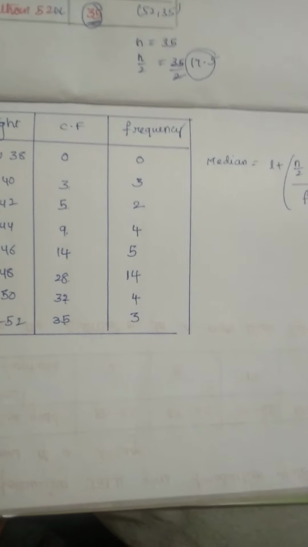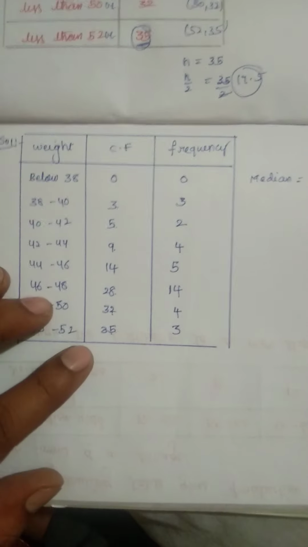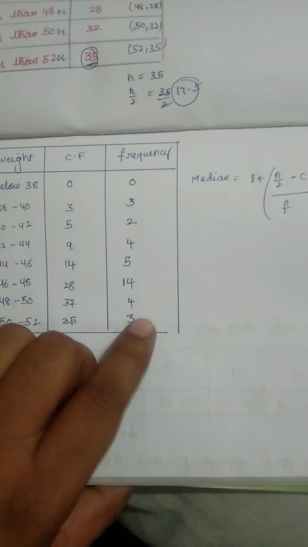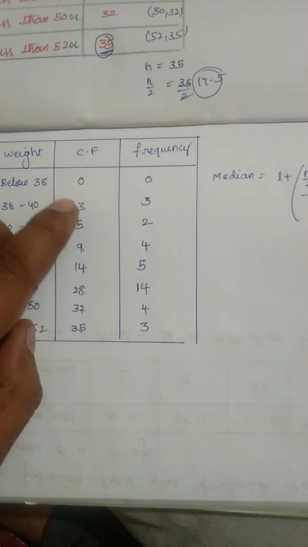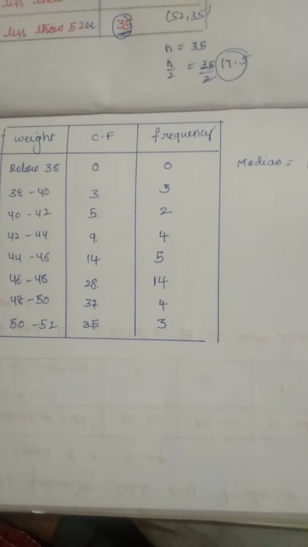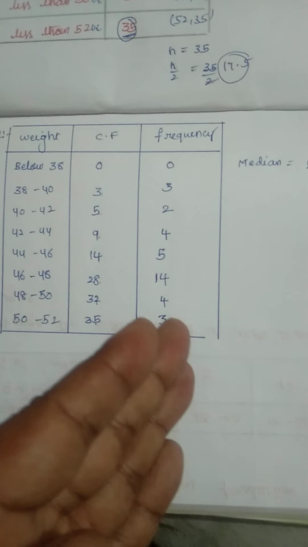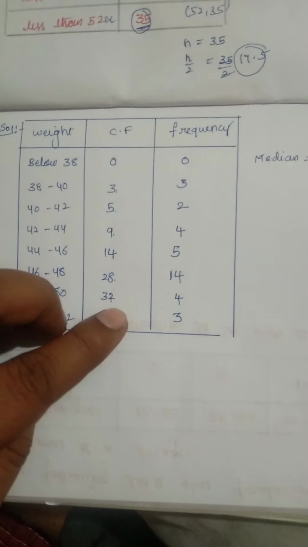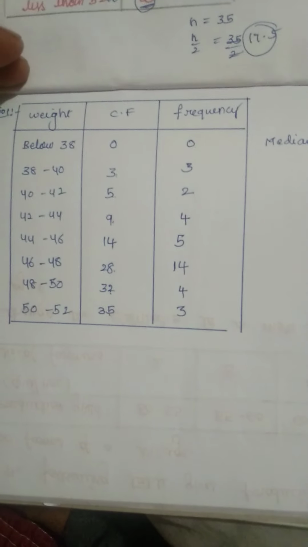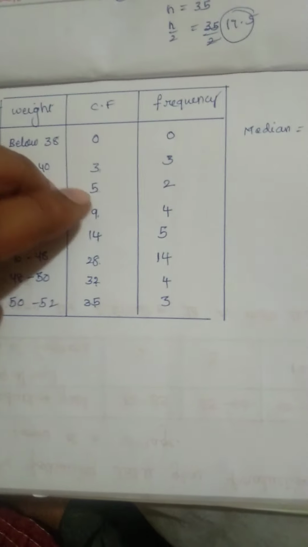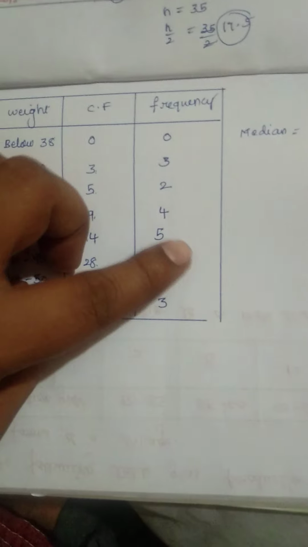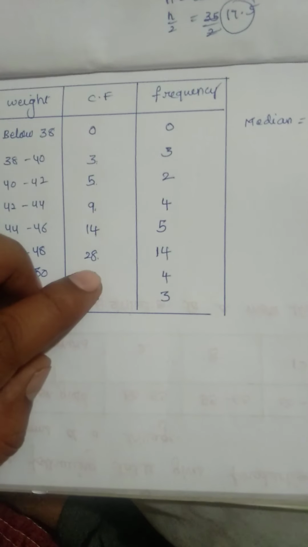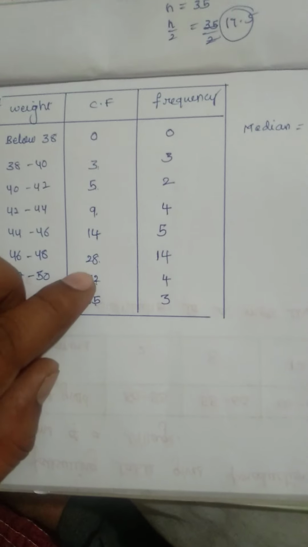So try to understand, as it is cumulative frequency. Actually, to find the median, first of all we should know what is frequency. Okay, how we got 0 as it is? So this is as we have did in the previous sums. As they used to give frequency, we used to find cumulative frequency, but to get frequency we have to subtract, children, right? 3 minus 0, 3, 5 minus 3, 2, 9 minus 5, 4, 14 minus 9, 5, 28 minus 14, 14, 32 minus 28, 4, 35 minus 32, 3.